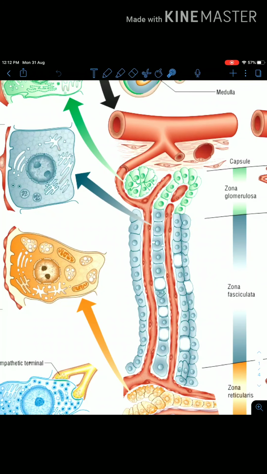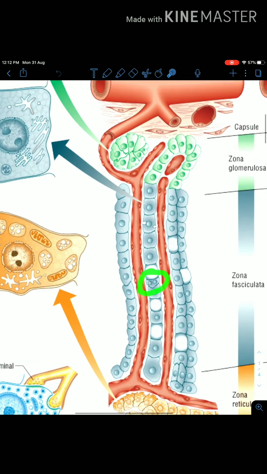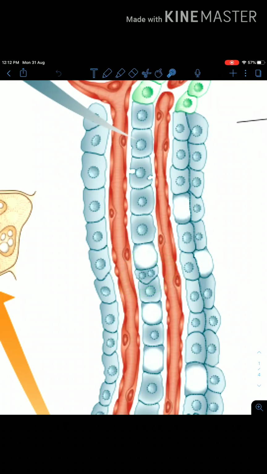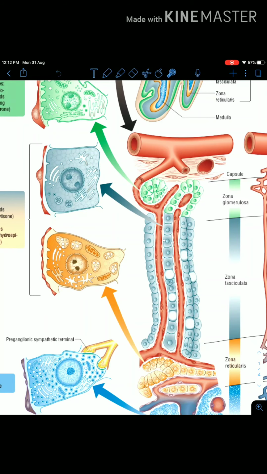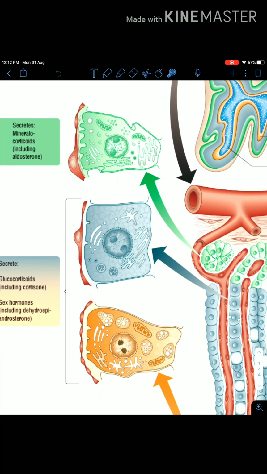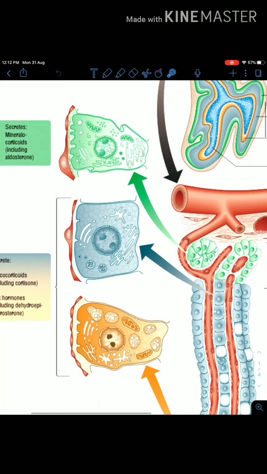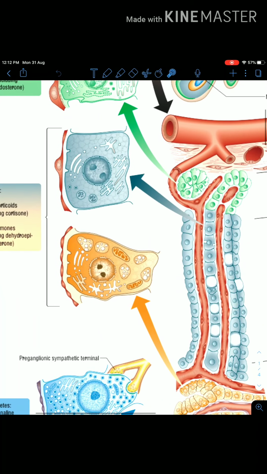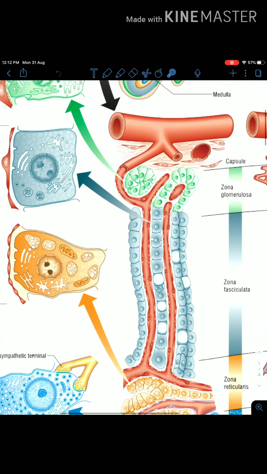Binucleate cells are also common in this zone. Electron microscopic studies have revealed characteristics that are typical of steroid secreting cells. That is, these cells have highly developed smooth endoplasmic reticulum, mitochondria, and acidophilic cytoplasm, and it contains numerous lipid droplets. But these cells appear vacuolated in routine histological sections because of the extraction of the lipid during the